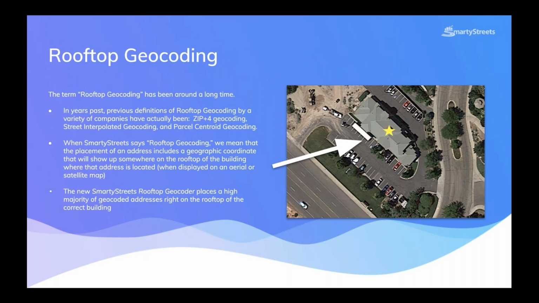a property. However, when SmartyStreets says rooftop geocoding, we mean that the placement of an address deliberately includes a geographic coordinate that shows up somewhere on the rooftop of a building. It's not by accident. We are taking a combination of data elements like building footprint data, and we're deliberately putting building locations, coordinates on rooftops of buildings. And that's what we mean. And the new SmartyStreets rooftop geocoder will place a high majority of geocoded addresses right on the rooftop of the